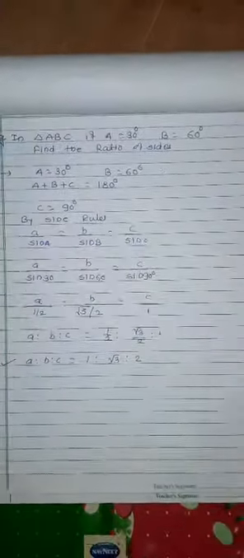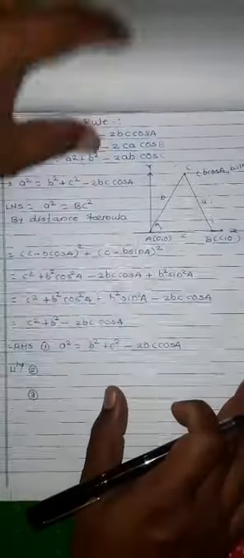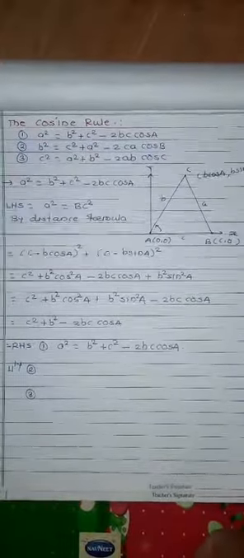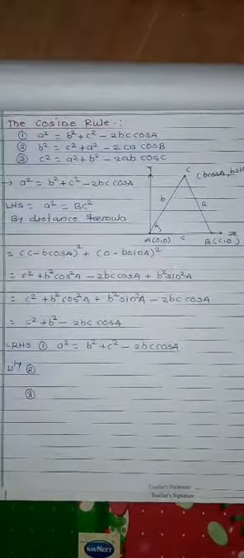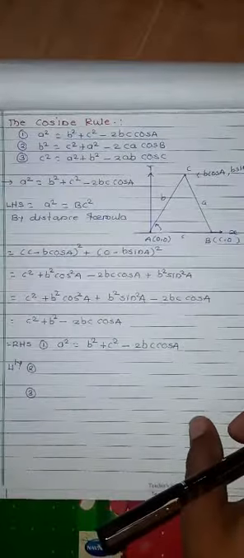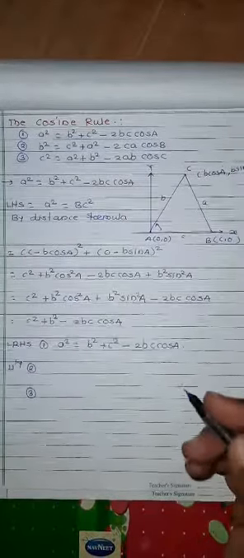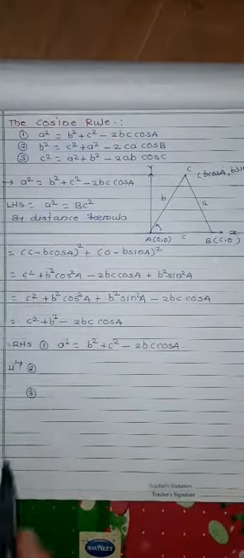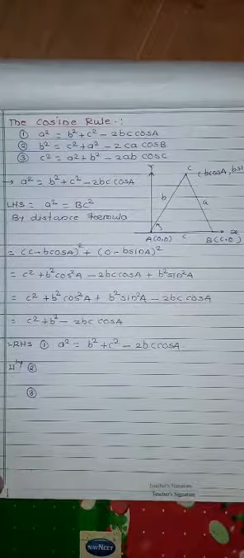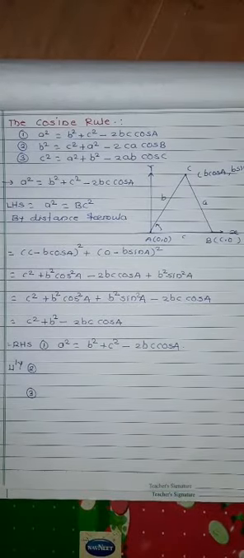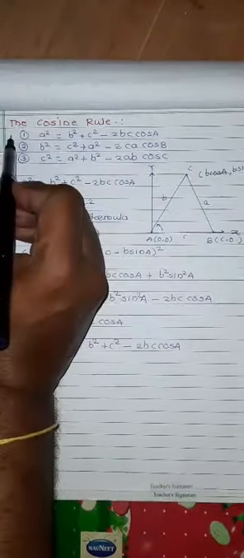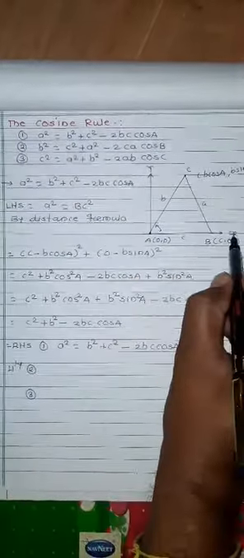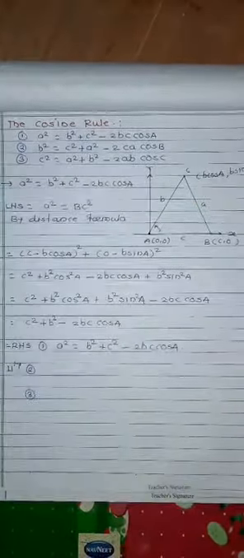Now after that, we have to discuss another rule. It is called the cosine rule. The cosine rule is also useful for calculating the angles of the triangle. Within the cosine rule, we discuss the relation between the sides of a triangle. Suppose this is the origin, this is the x-axis, this is the y-axis.